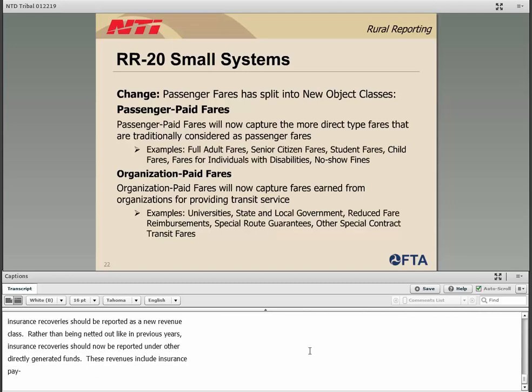Contract revenues have also been removed from the RR20 form. Funds that were previously reported to contract revenues should now be reported to either revenues accrued through a purchase transportation agreement or other directly generated funds. If you report to revenues accrued through a PT agreement, indicate whether the agreement is with an NTD reporter or